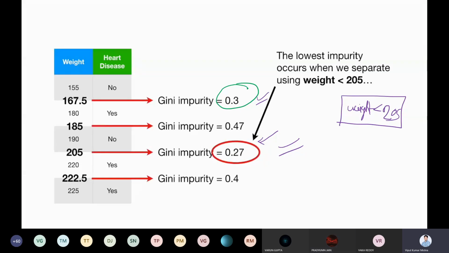If you have a continuous column, do we need to divide only into two parts? Here we have put one condition. There are multi-way splits as well, where instead of one condition you put three conditions: condition 1, condition 2, condition 3. So it is not always just yes and no. We saw this in the first example where we talked about the height.